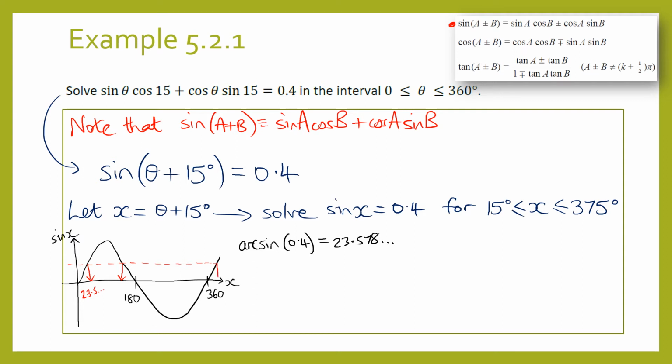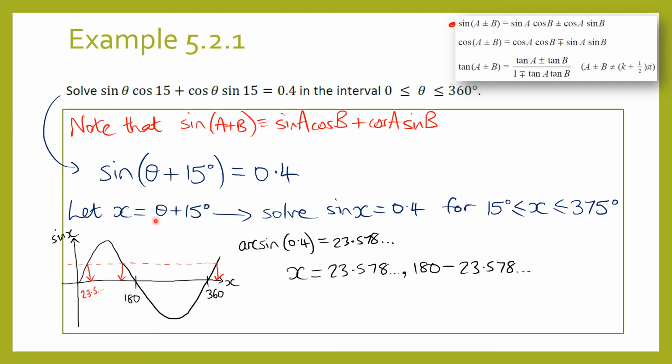And then is this one after 360, is that in our interval? Well, that's going to be 360 plus 23.5, which will be 383.5, and that one's too big. That one's too big. So it's just these two here that we want. So there are my two x values,